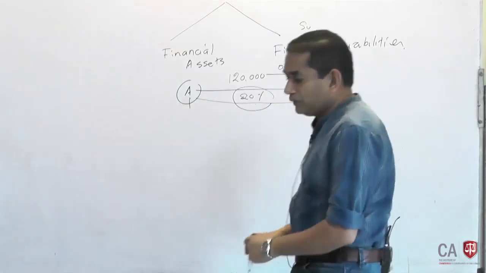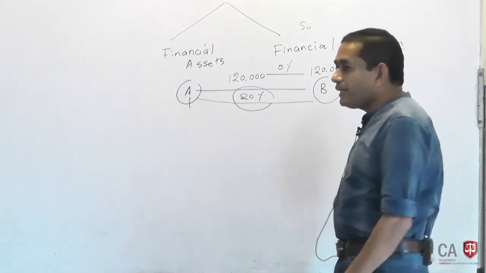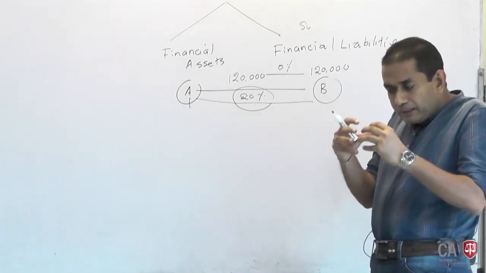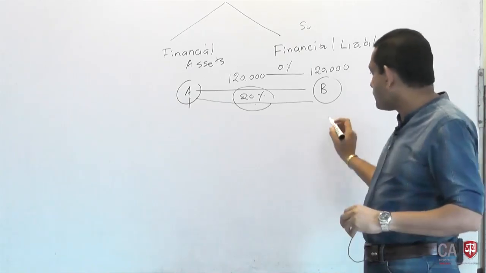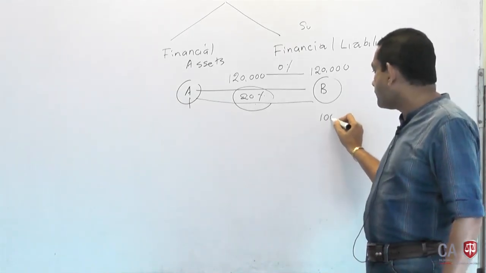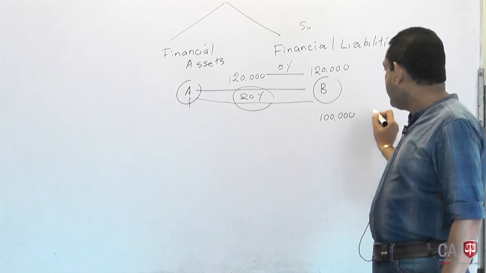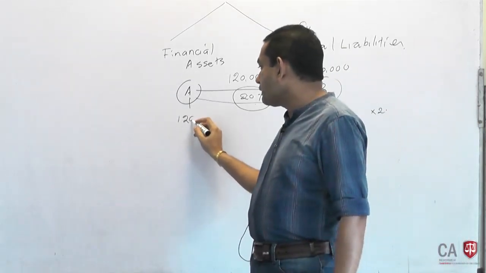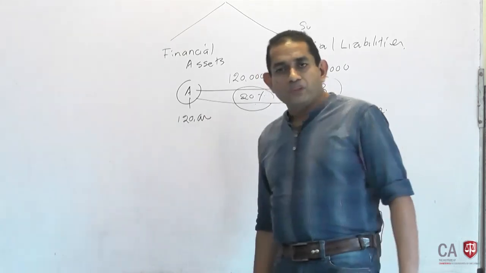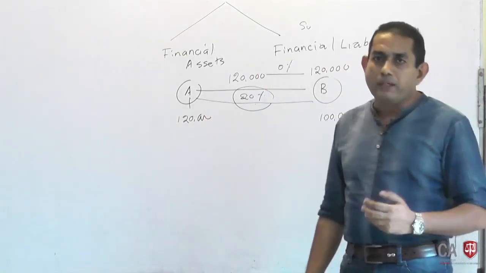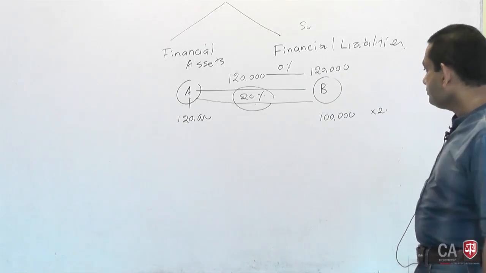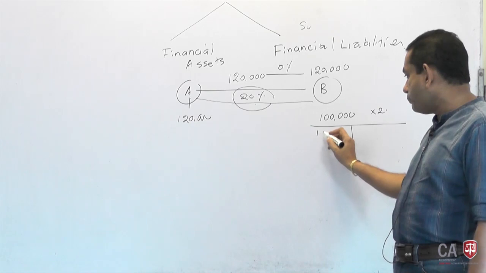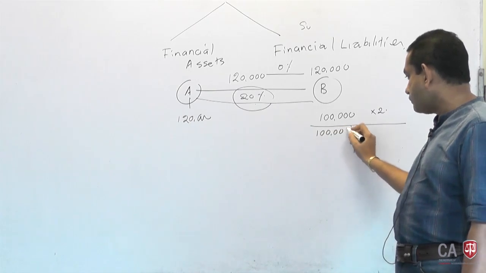Now, it is the subsidiary company which is granting the loan to company A. Irrespective of this relationship, company B is granting a 100,000 loan to company A at a 20% market rate, expecting 120,000 rupees in 1 year's time. So the transaction is purely arm's length, and 100,000 should be fair value, and then you can bring it to the financial asset account.